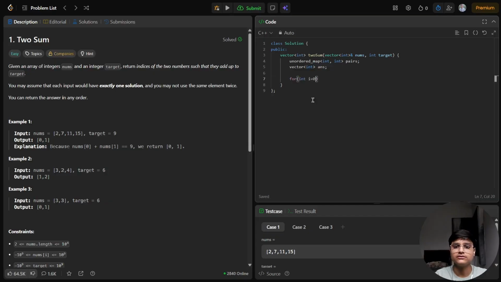So for that, let's run a for loop from i = 0 to nums.size(), and we increment it. After that, here we have the if condition. This if condition is for when we find an element that already exists in the unordered map. So for now, we write it after this step. First we declare here: if this condition is not followed, then what we're going to do is